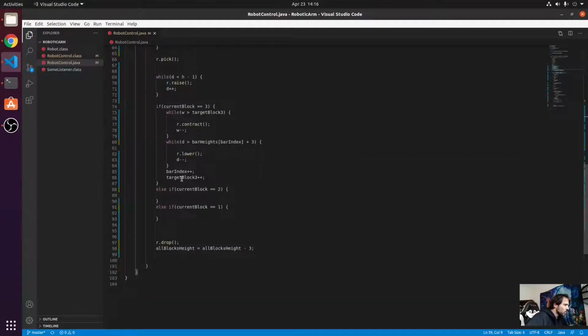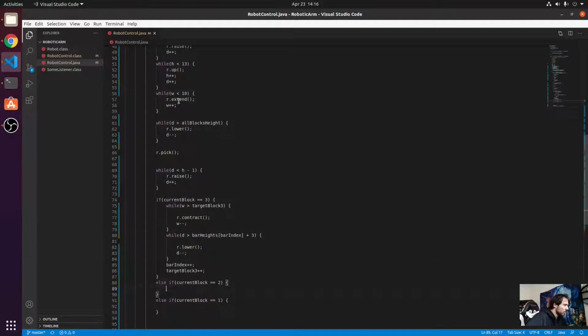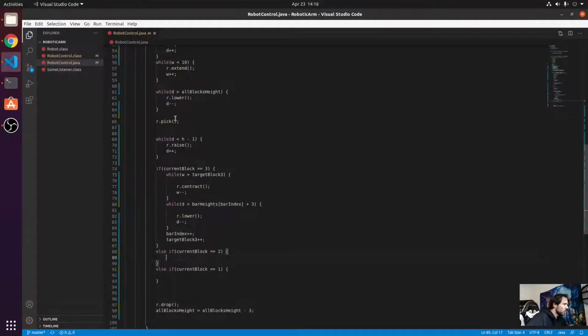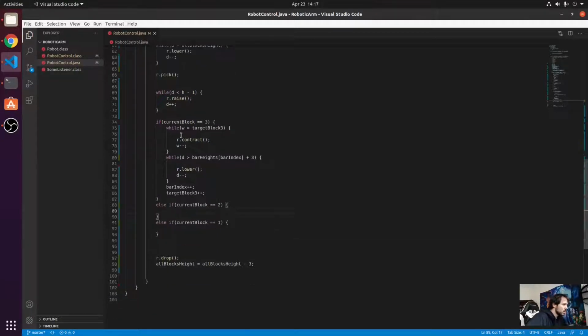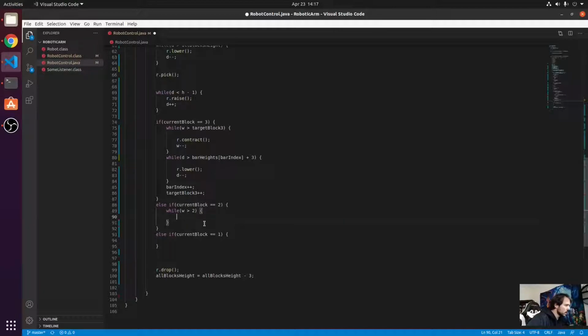And then when we are picking up block number 2, what we've done before this is we've extended it, we've picked up the block, we've raised the bar, and then we need to know how far to contract it, to retract it. If the block was target block size 3, we're going to put it where the blocks of size 3 go. Now if the block was of size 2, we are just going to retract it all the way to position number 2. We don't have to create a variable, we can just hard code this because it's always going to be number 2 for blocks of size 2. So we're going to contract it,